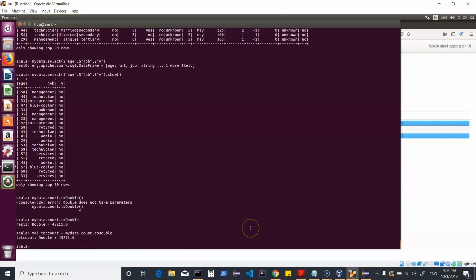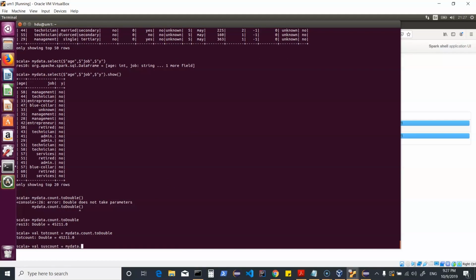So for example, we would want to find out what is the success rate of this campaign and how many people were really interested in subscribing for a deposit with the bank. I could do that by creating a variable called subscriptionCount, and what I would want is to work on my data frame.